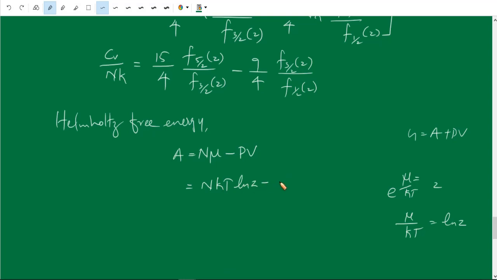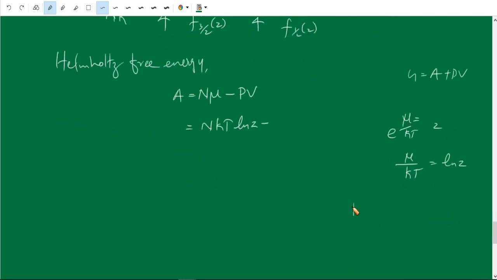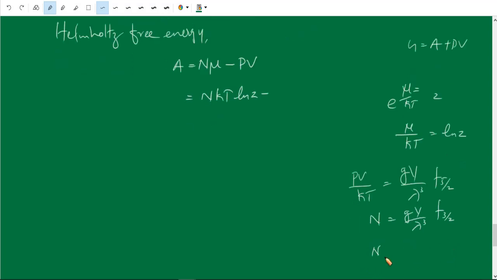Now PV divided by kT is equal to gV by lambda cube f5 by 2, and also we have N is equal to gV by lambda cube f3 divided by 2. Combining these two we get